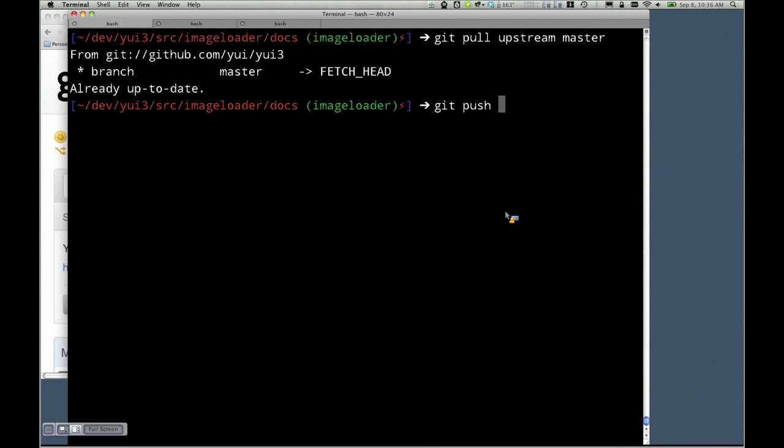So we'll want to git push origin image loader. So this is saying origin, which is my personal YUI3 fork. I'm going to push my changes into a branch named image loader on origin. And now, because we're still waiting for people to delete their tags from their YUI3 forks, we get to wait for a couple seconds. Brian, do you want to spend this quality time explaining how they can help us out here? Okay, so